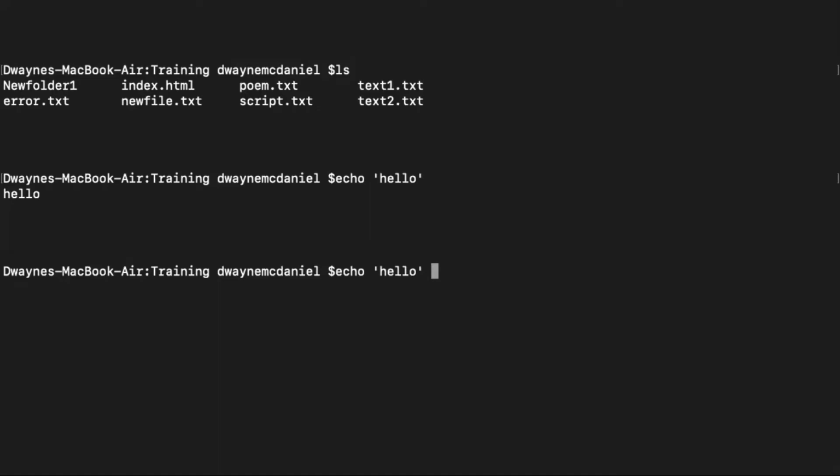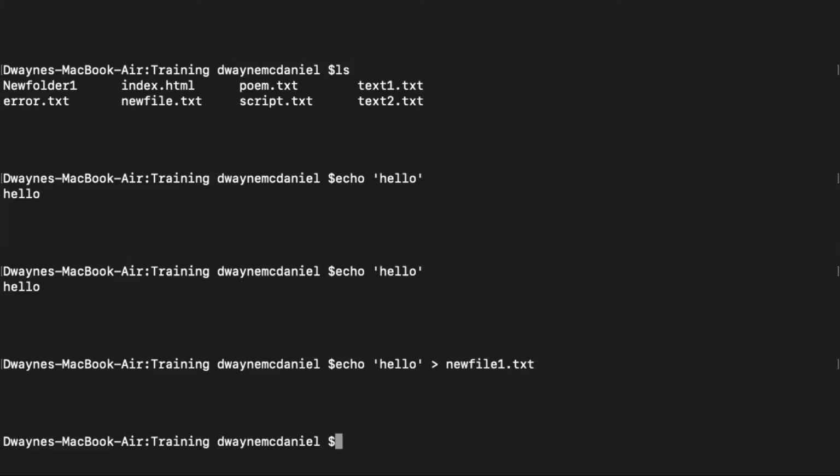So if I echo hello, there's a few things I can do with this output. Now, by default, it's going through standard out. The standard output is the terminal. So by saying echo hello, it's echoing into that output. We could also make it echo hello and redirect that output into a file. And just like when we created the files earlier with VI or with Pico, we can just name a new file here. So let's say a new file